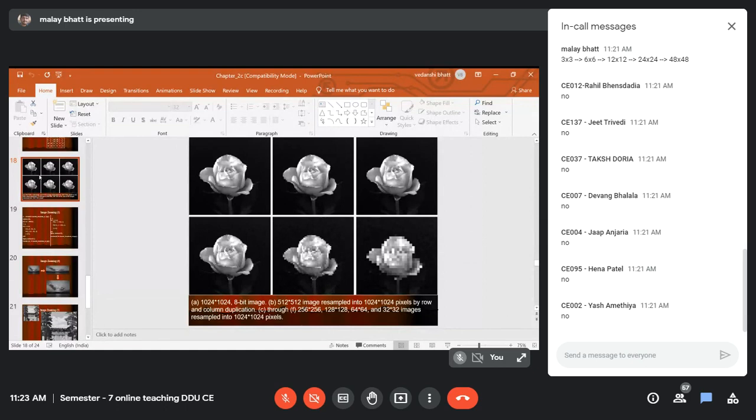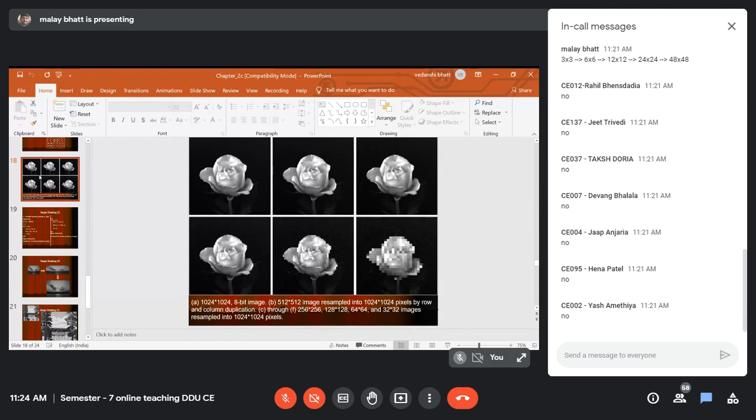Now let us talk about the first row or top row, last image. It is obtained from 256 cross 256. The original image is of size 256 cross 256 and it is converted to 1024 cross 1024. Still you find it is not as good as the original one. You can see the minor difference, but it is acceptable.